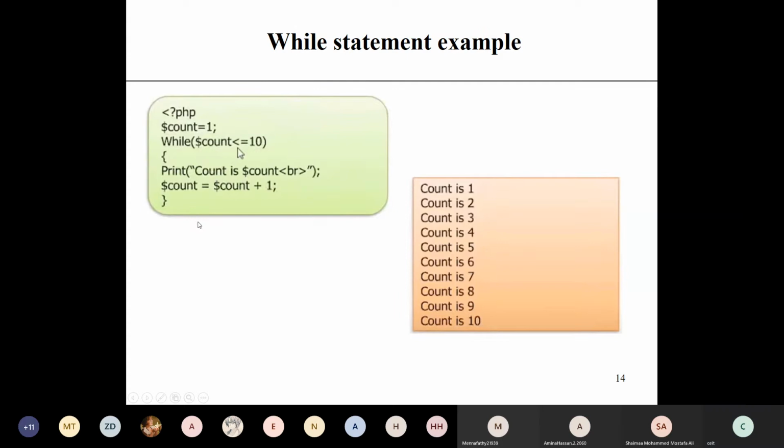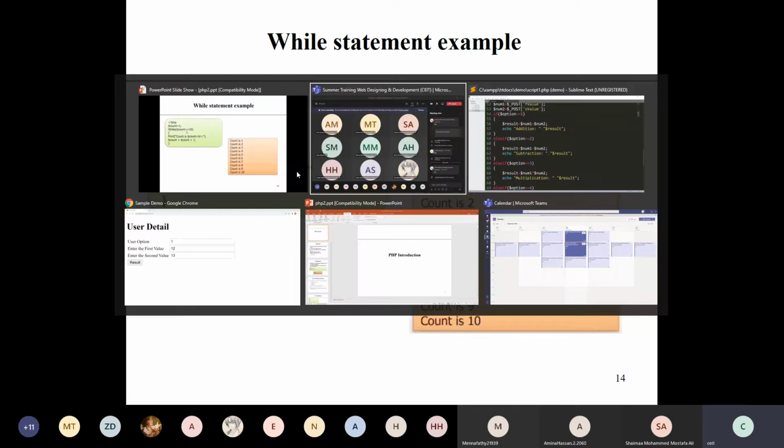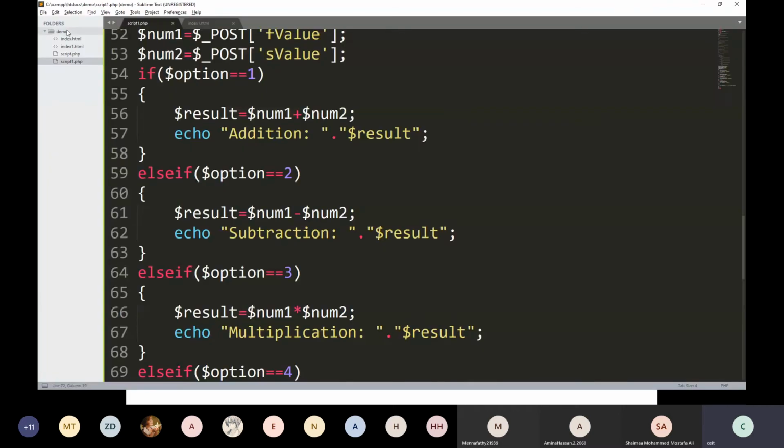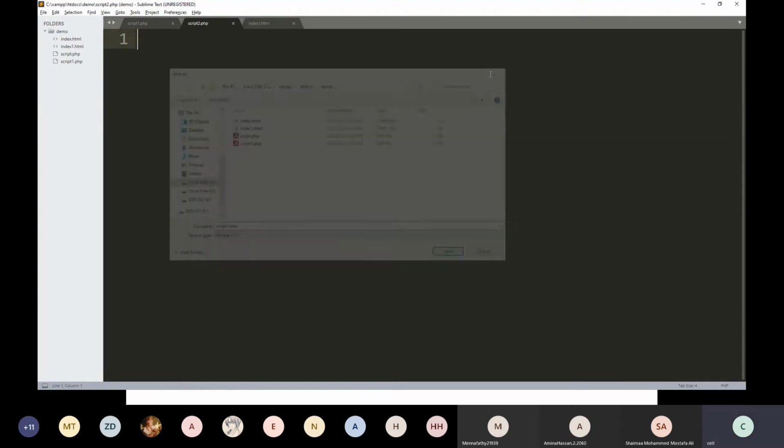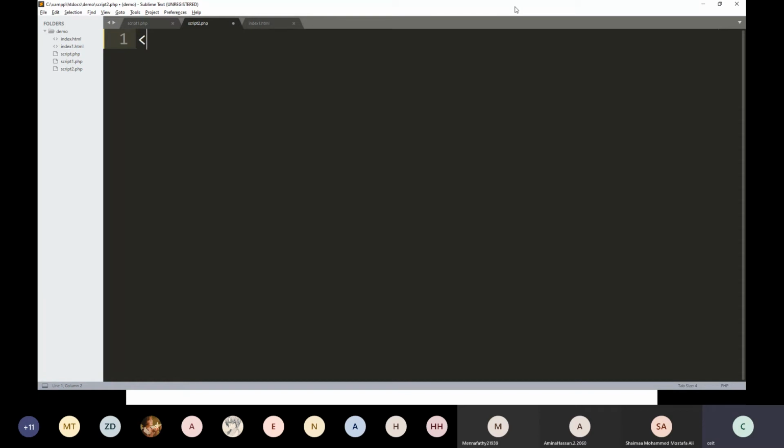And you are printing count is count. This thing we can do like this: new file, script 2.php. Here I am writing it directly like this.